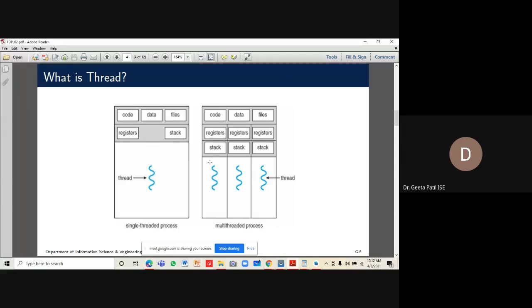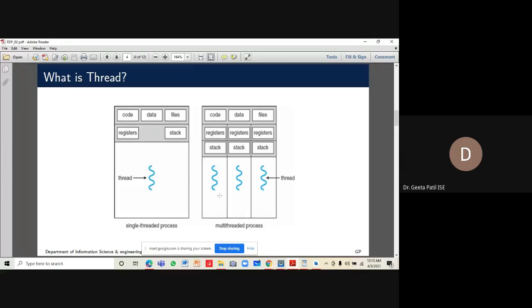What is different is the status of the processor, which is made up of registers, stacks, and other parameters which are required when the thread is actually executing. When it is in running state, whatever parameters are required are the only resources belonging to the individual thread.